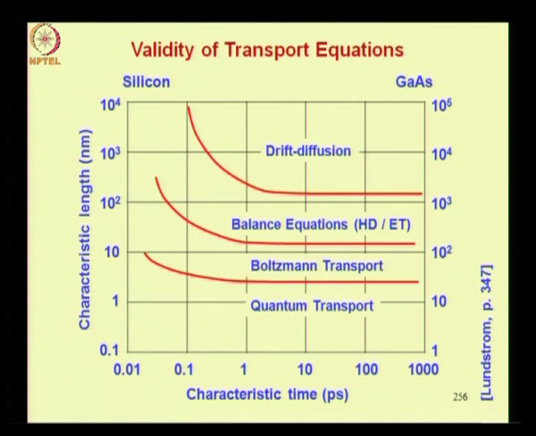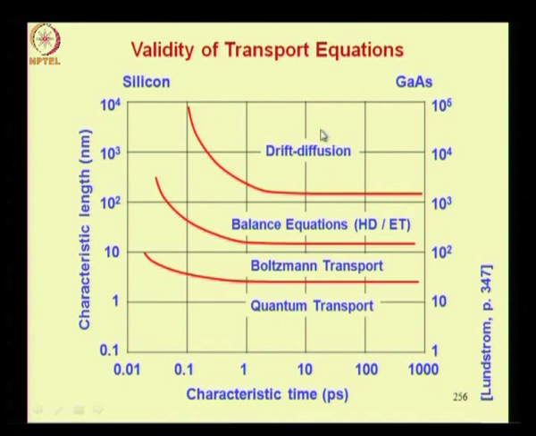So what implication does it have? It has the following implication. For example, you take a gallium arsenide device of 1 micron size. No matter what your frequency range is, so here the frequency range would be, say, 1000 picoseconds characteristic time, which would mean 1 gigahertz, and these are higher than 1 gigahertz, right. So over the frequency range considered here, for a 1 micron size gallium arsenide device, you have to use the energy balance equations, you cannot work with drift diffusion.